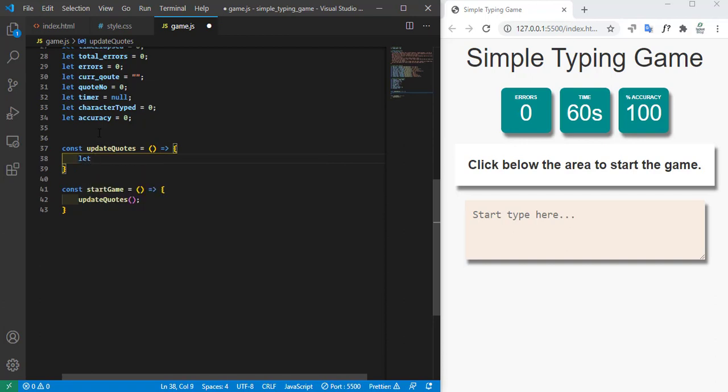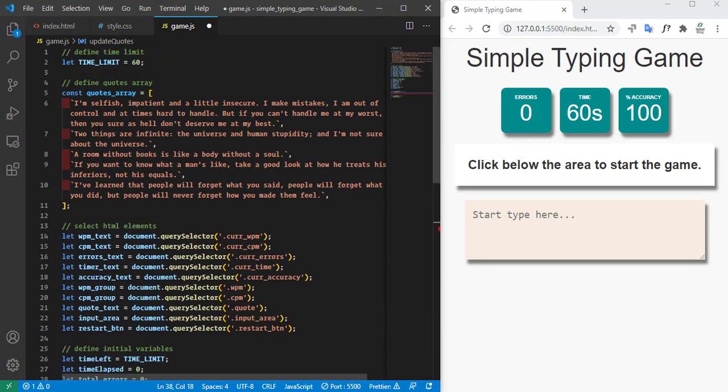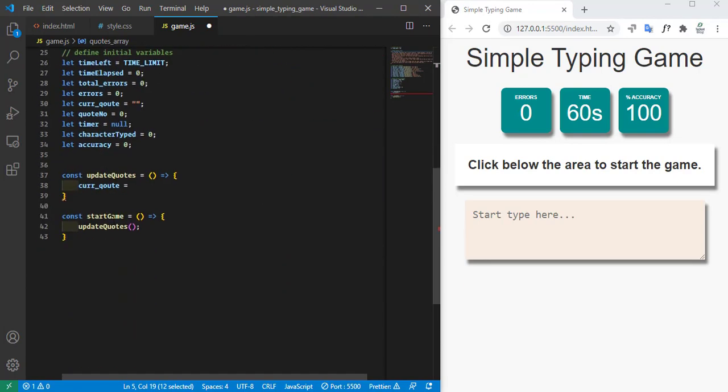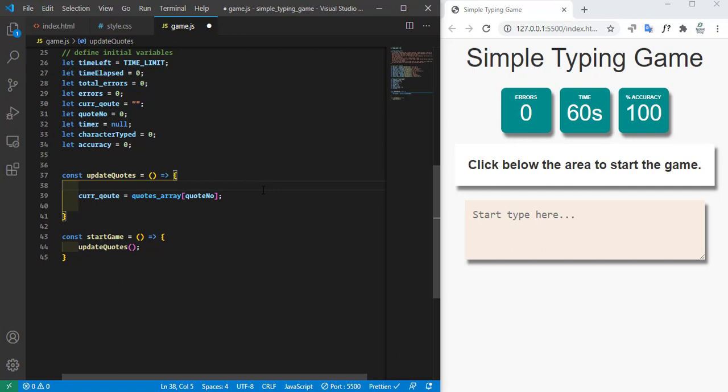and now we need to at first get the current code. So current code, and to get the current code we need to copy this, and we need to access this array, and then I have already used this port number which is 0 index, so paste it. Okay, now we have this current code. Then let's make a variable right here. So get the current code,